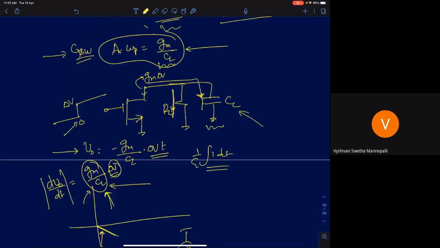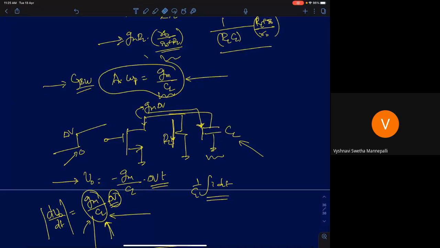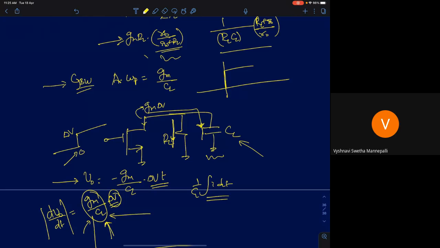So one of you is asking, why should all the current flow through the capacitor for sudden changes? So think about this. What is a sudden change? You should answer that question first. When I say the output or anything is changing suddenly, what does it mean? How will the circuit interpret a sudden change?